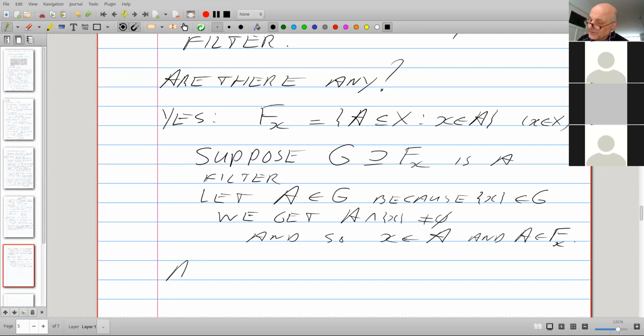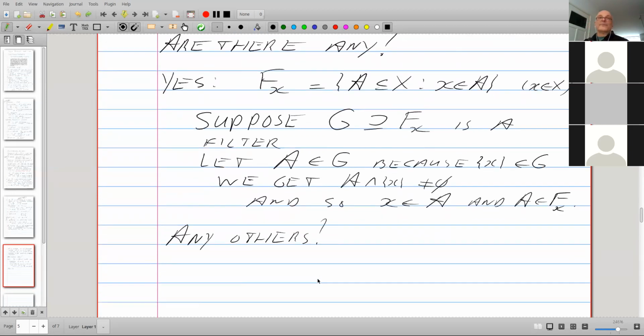Okay, any others? Are there any other filters? Is there a free ultrafilter?